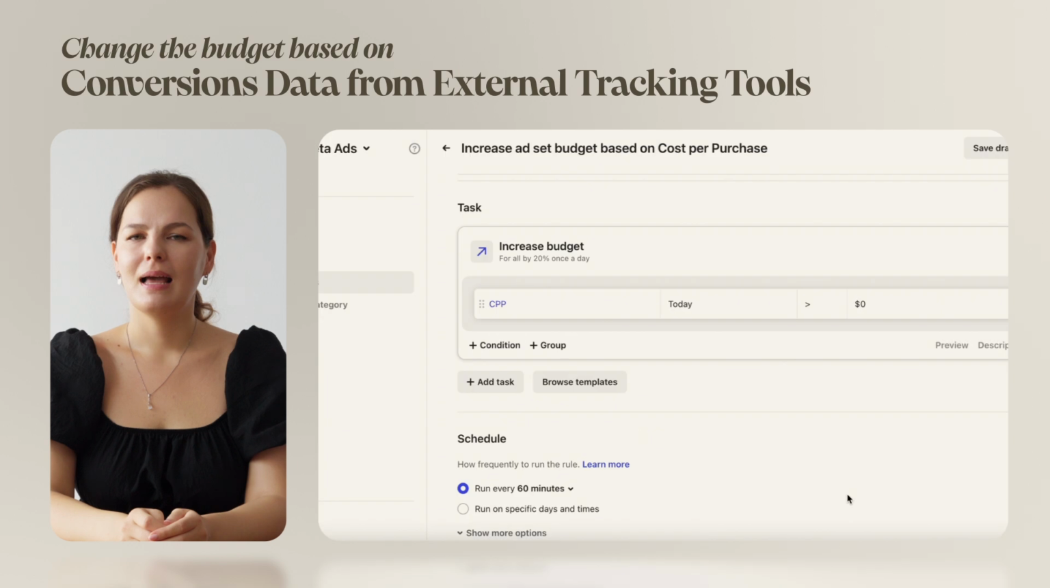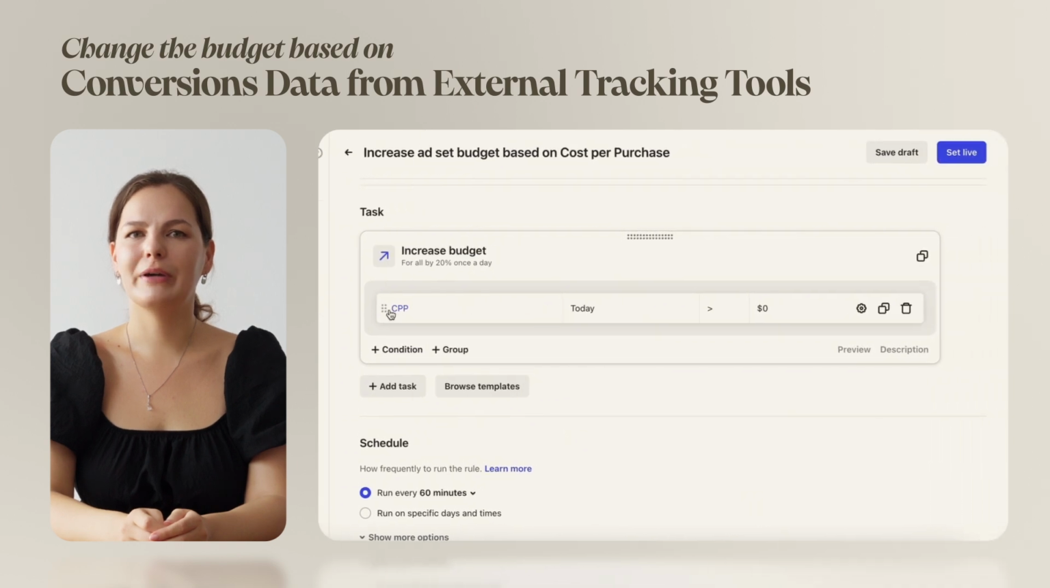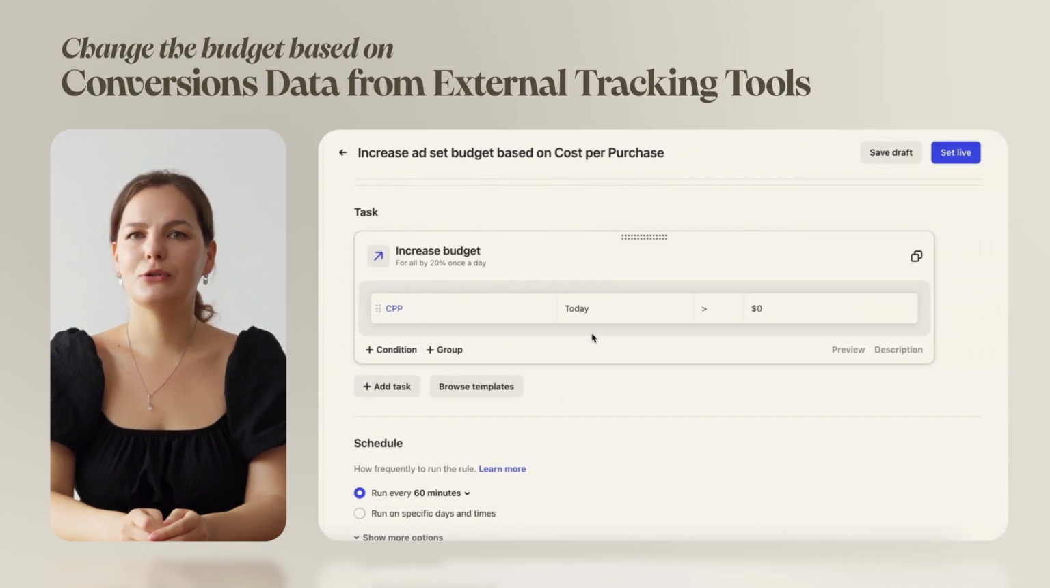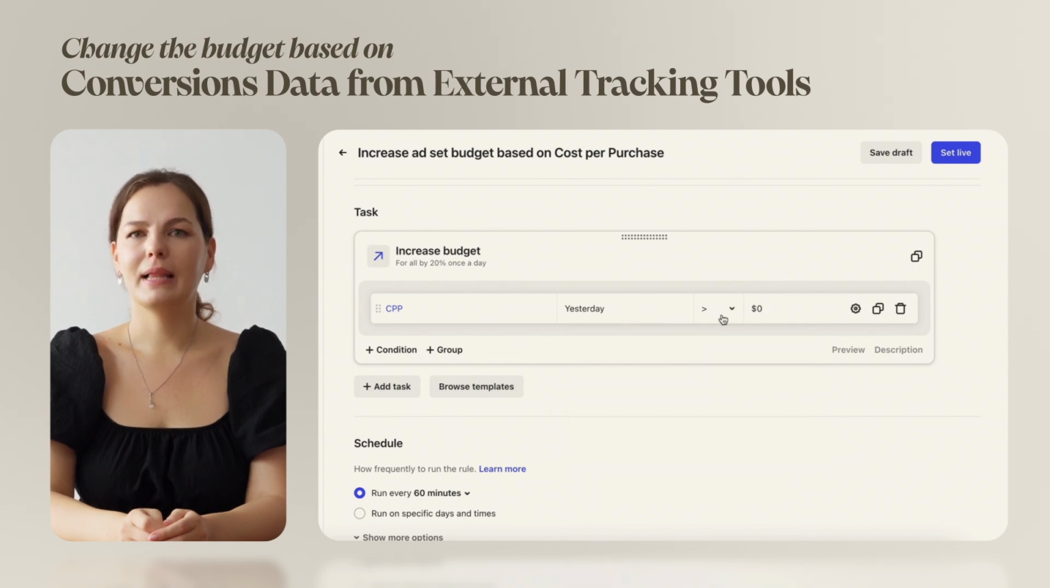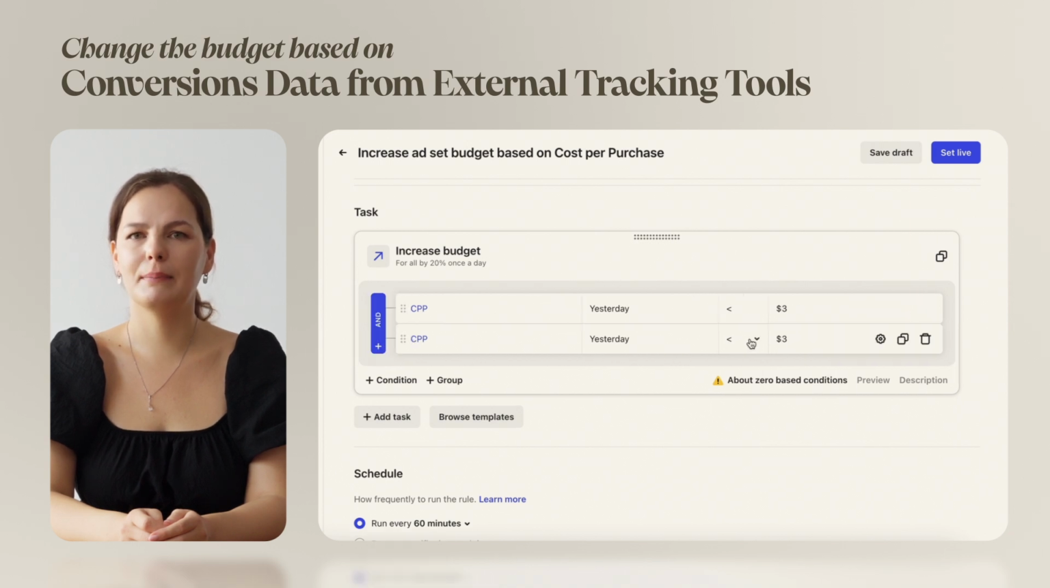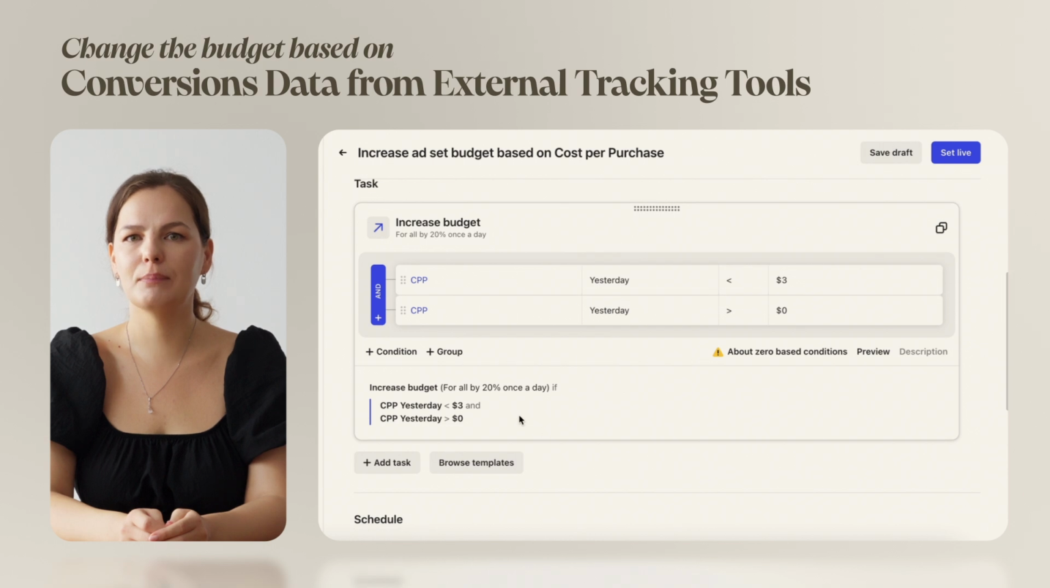For conditions, let's select the custom metric that we created earlier and set it to increase the ad set budget if the cost is below $3. We'll add a condition cost per purchase is greater than 0 as well to prevent budget changes for ad sets with 0 purchases. As a result, we will have a rule that will increase budget for ad sets with #promo in the name if cost per purchase is below 3 but greater than 0